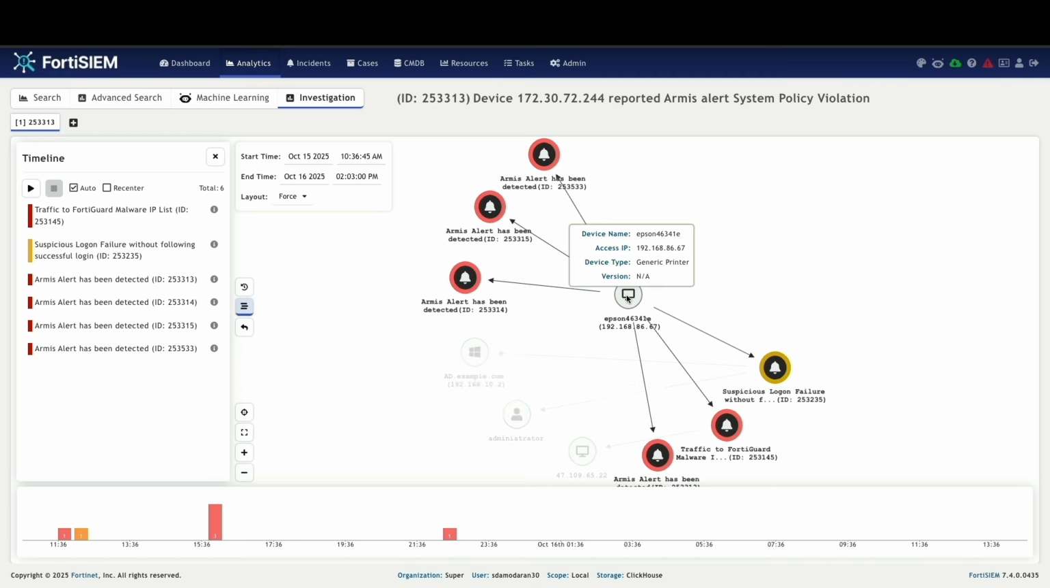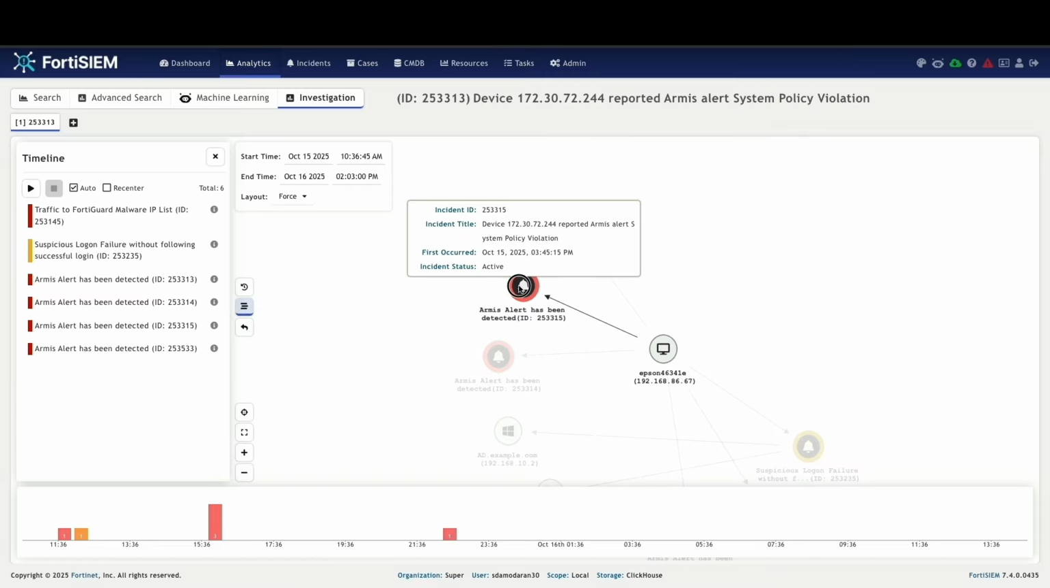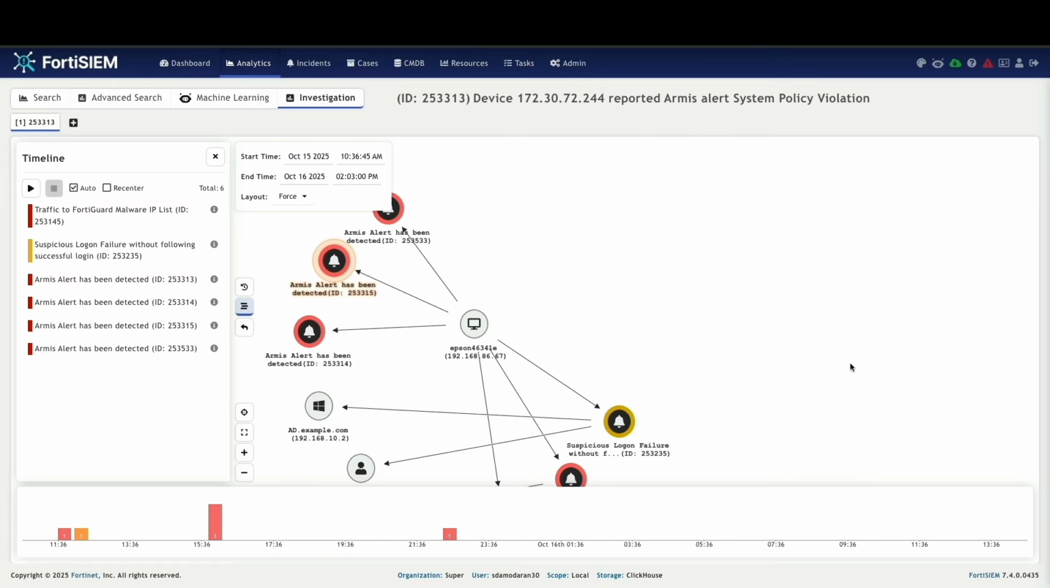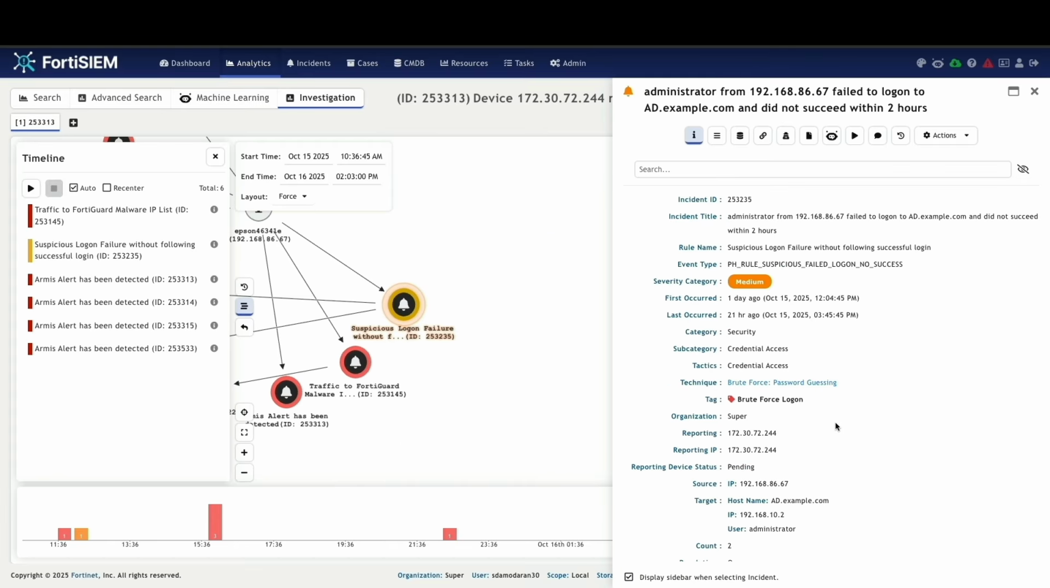Using the FortiSIEM Investigation tab allows us to immediately broaden our understanding of the threat beyond the initial alert. This crucial step relates the current incident to others. The IP address 192.168.86.67, which triggered the initial Armis alert, belongs to the printer identified during the visual investigation, showing that the device